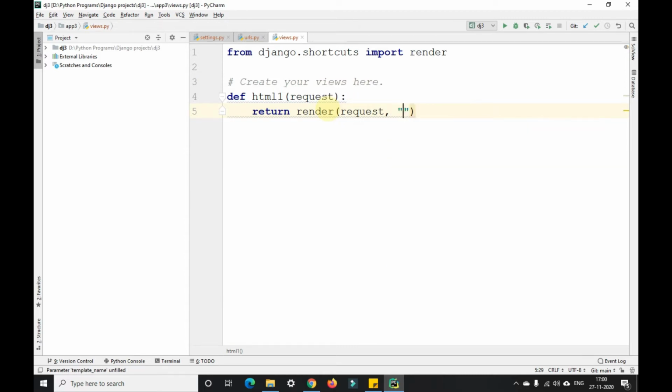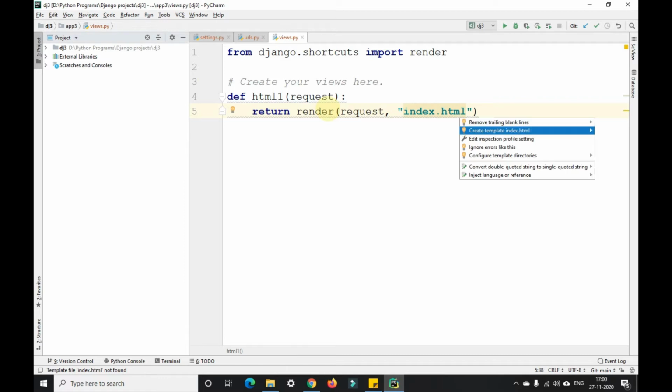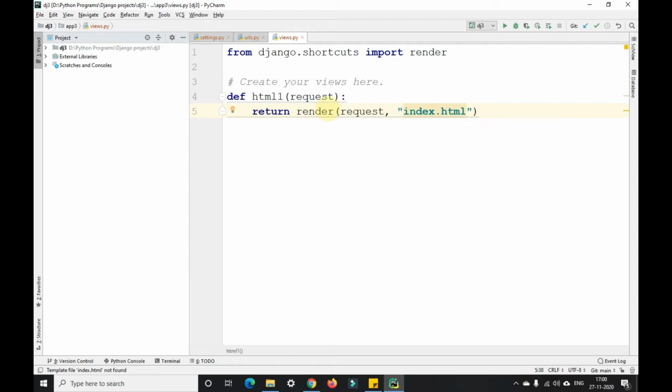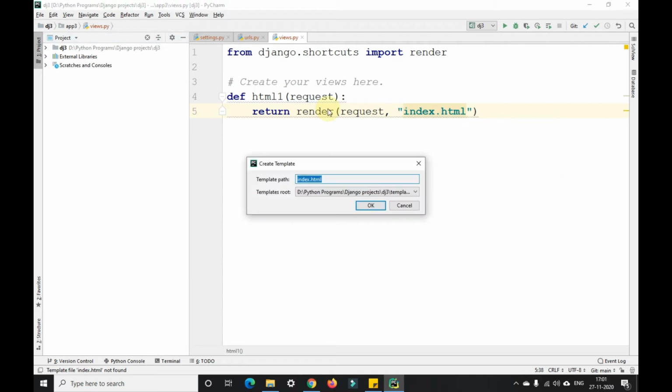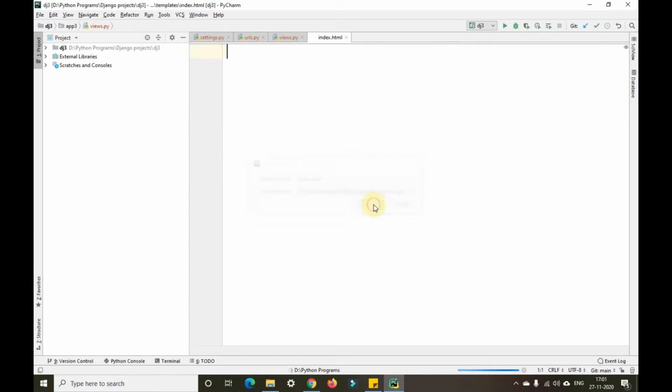We need to write it in code style, index.html. For this also, I'm pressing Alt Enter and create template index.html. It is asking me to create that particular template in this path here. I am clicking OK, and yes, because that is being uploaded on my GitHub profile.